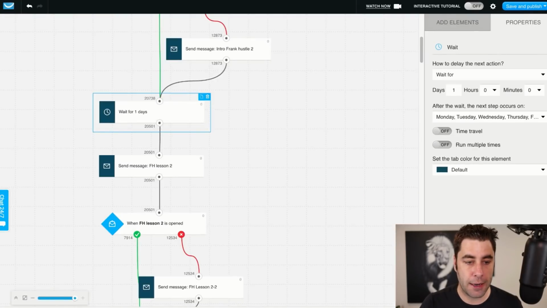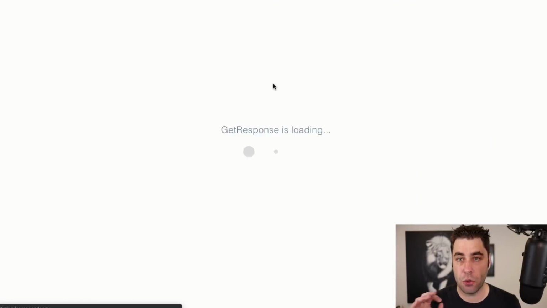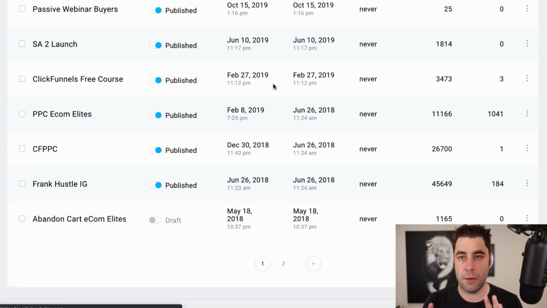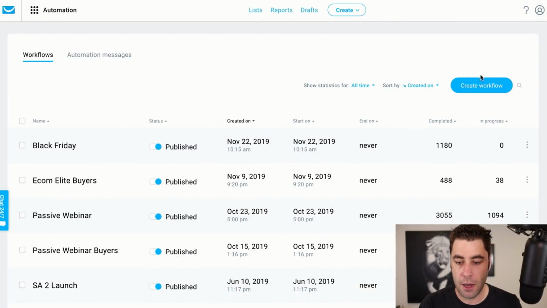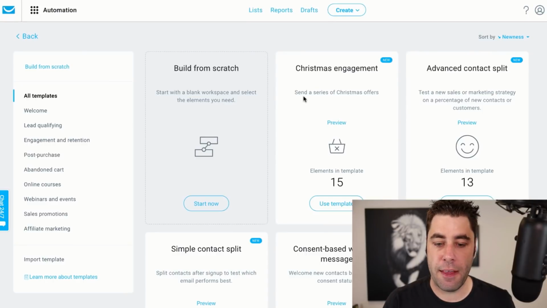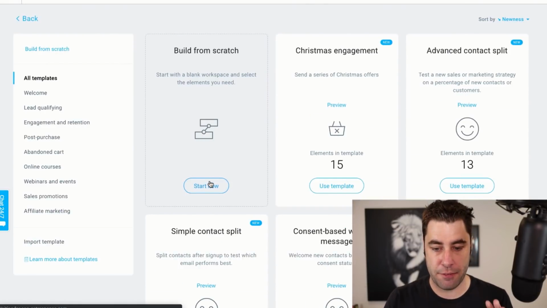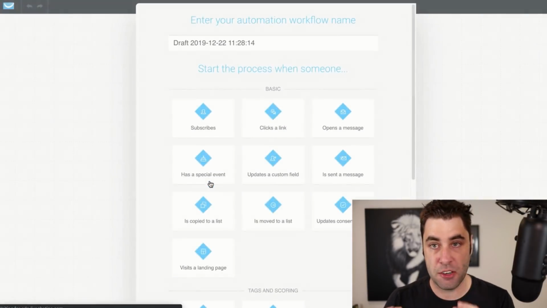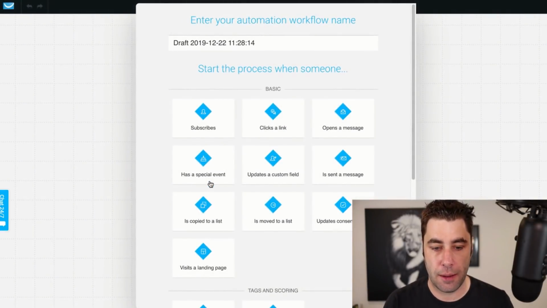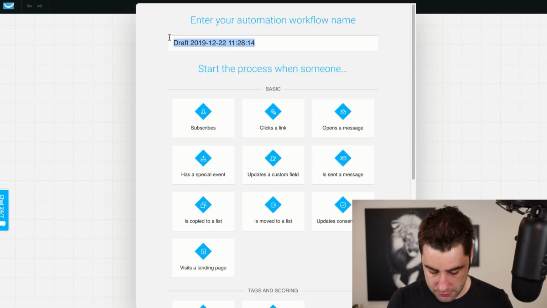So if we go back now, I'm going to show you how to just quickly start one of these and show you kind of what the blocks mean. This is really all you're going to be doing with GetResponse in most email marketing platforms, because it's the most important thing. Now I'm going to go create workflow. And once again, they have a lot of options, but I just go with start from scratch. You just want to start from scratch with a blank canvas, because it's much easier to work with and understand if you do that. I'm going to name this YouTube test,